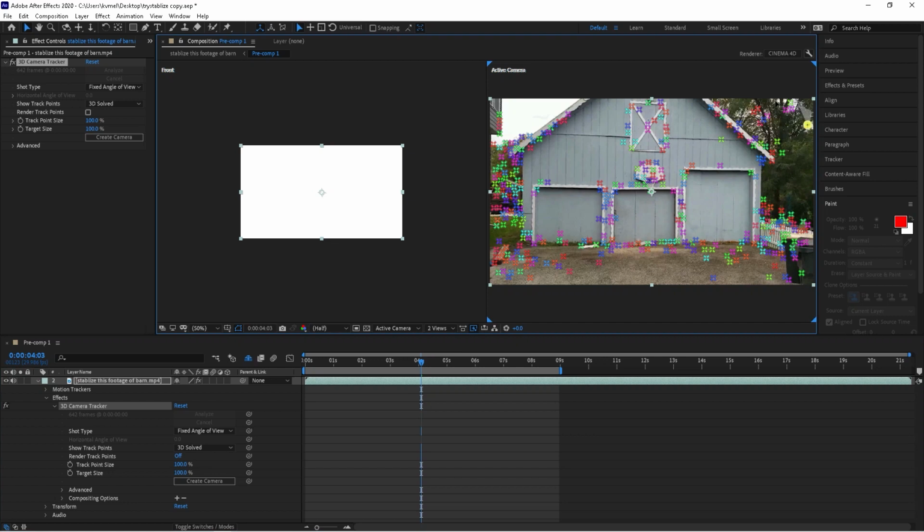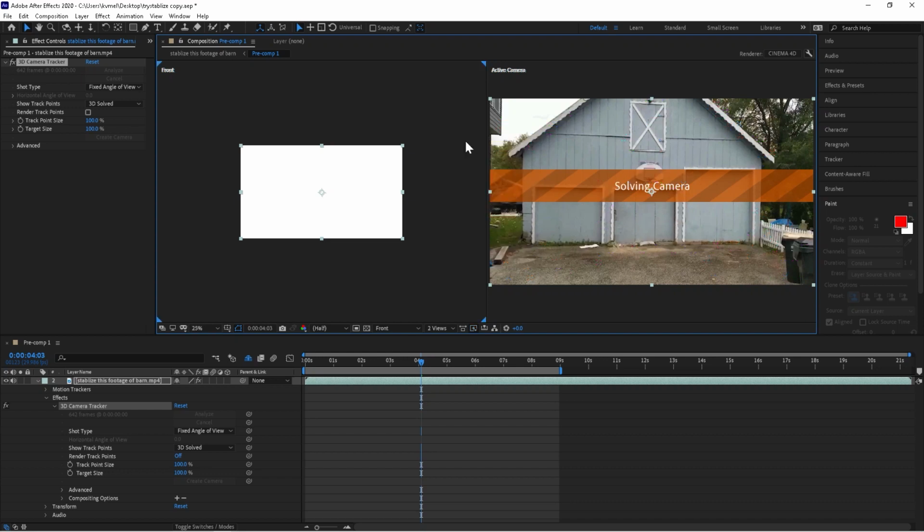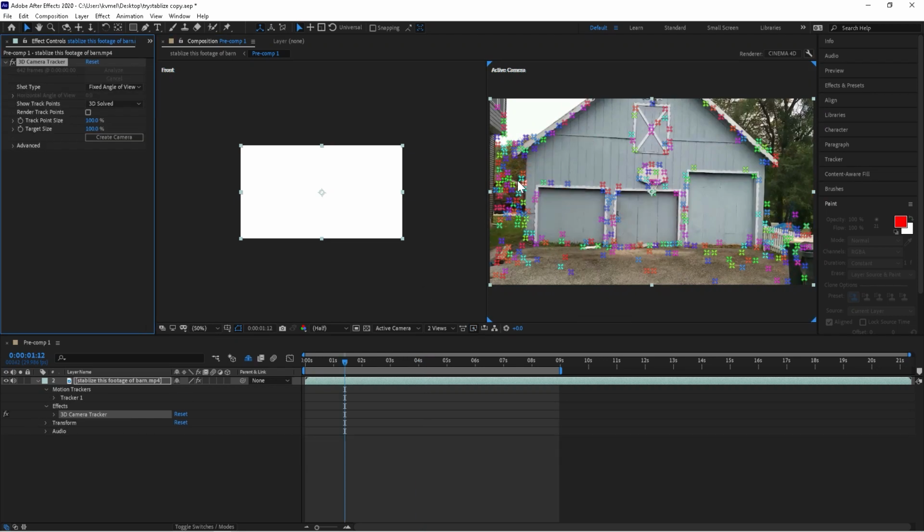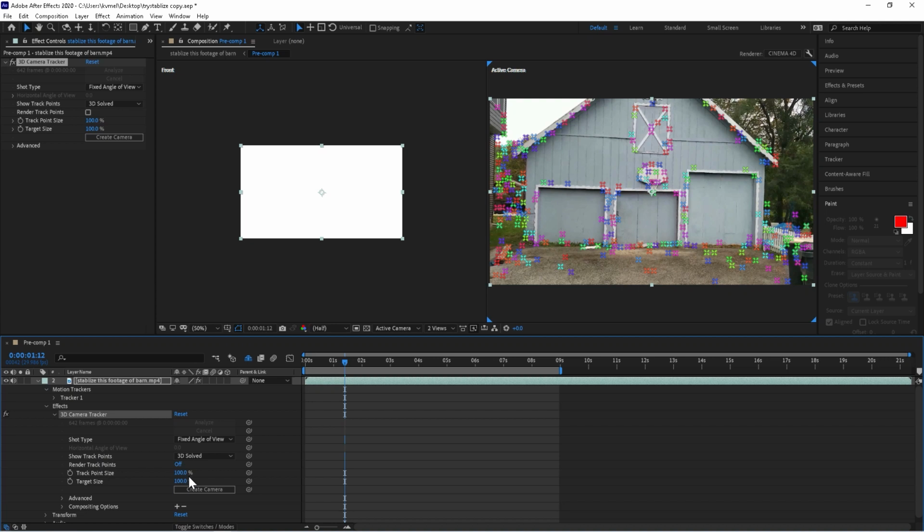I would probably just lasso around these like this and delete these points because they're really not going to help me stabilize or really anything, because if there's a wind and the tree's moving, it might kind of mess up the stabilization. You don't really have to do this because honestly this thing is so accurate usually that you don't really need to worry about this too much. So if you're going to go around and delete all these points, which I don't think I really need to do in this case because this is not really moving very much, a couple of things that you might want